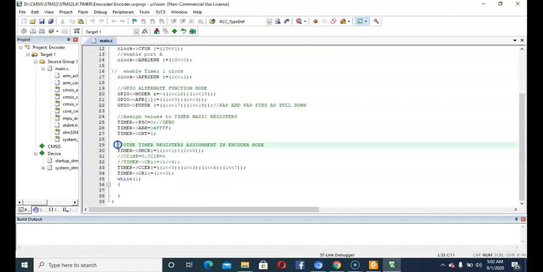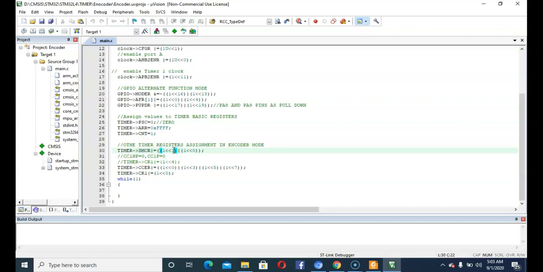The other part is the other timer registers assignment in encoder mode. In encoder mode, we set some bits in these registers. This is the CCR, of course CR1 for running the timer, and the SMCR register.